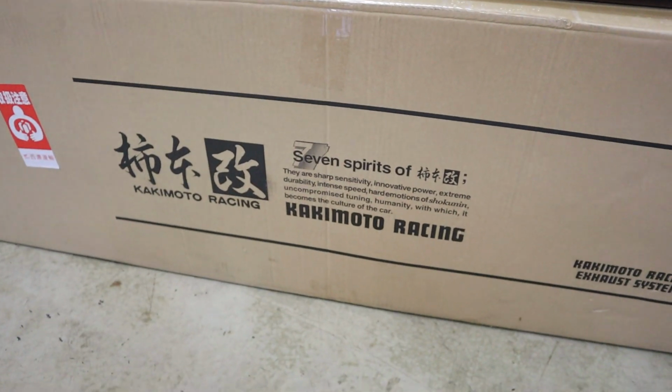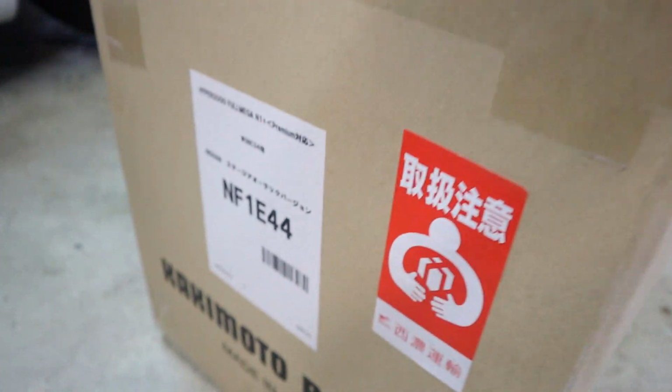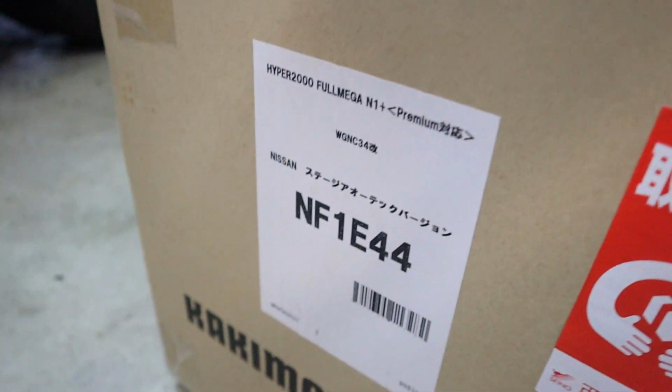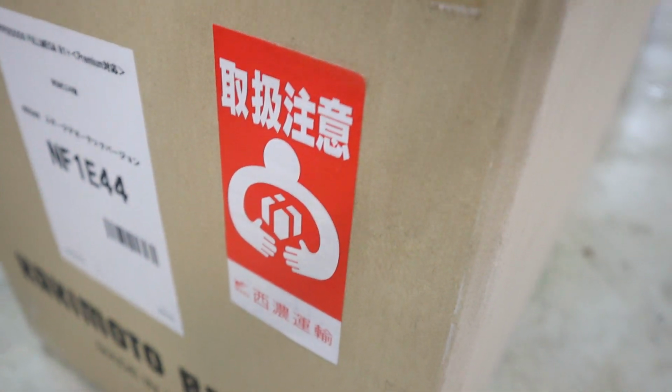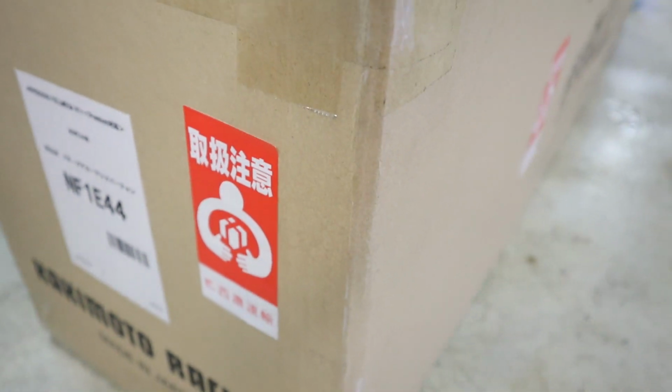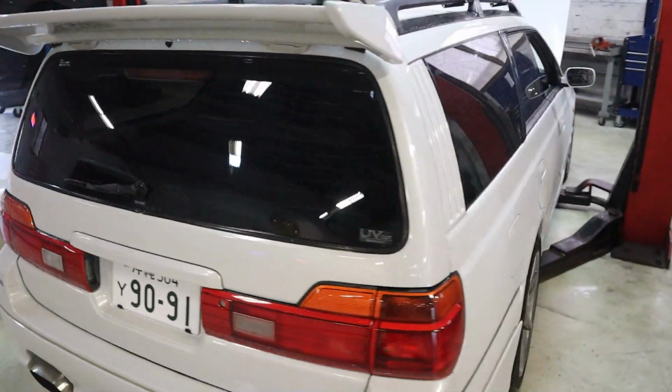This is the Kakimoto. If you guys have a Stagea, this is the part number. Pretty cool. I think that means it's packaged with love. I'm not sure. Man, exterior wise though,